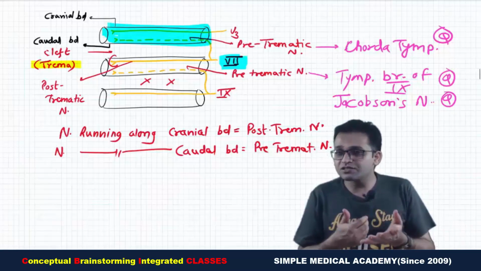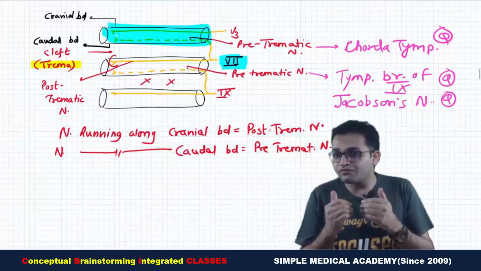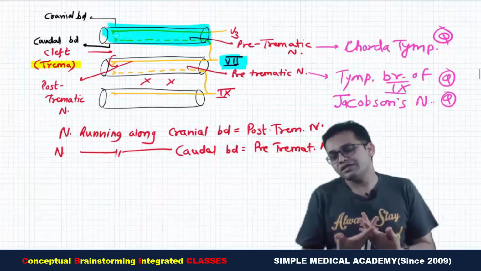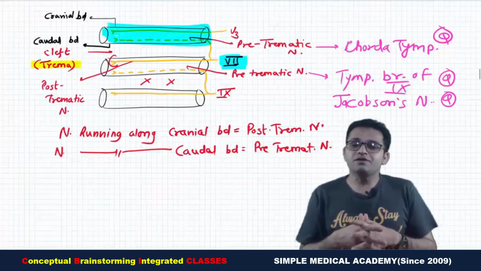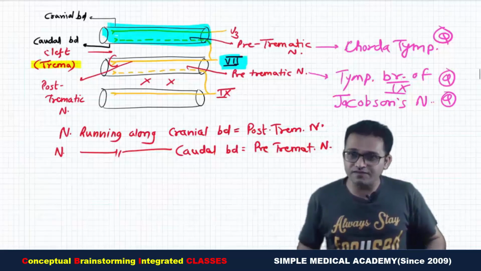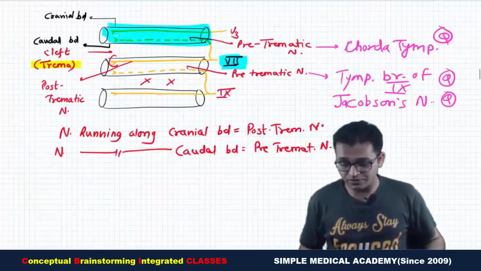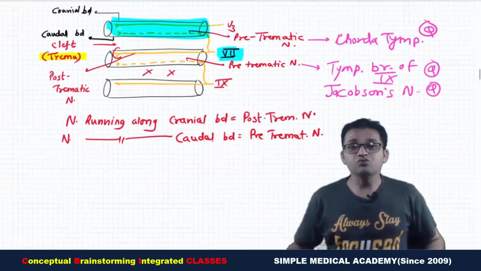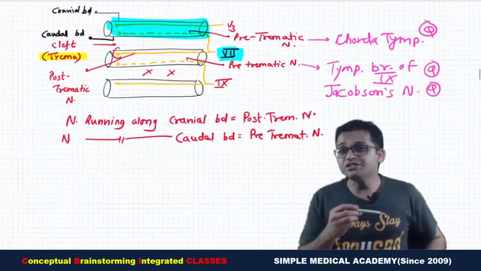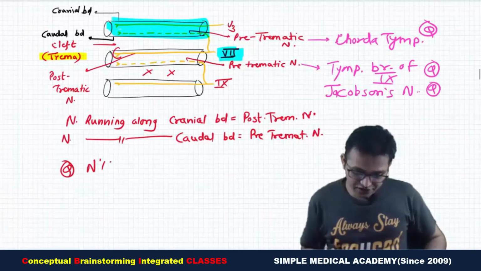Yes, the first arch is showing this phenomenon very well, the second arch also, but in the remaining arches the pre-trematic nerves have disappeared, though in lower animals these are very well developed. So after the discussion of these arches, now we are going to talk about a very special kind of MCQ. Yes, there was an MCQ in your NEET 2018, that MCQ, NEET 2018 pattern.